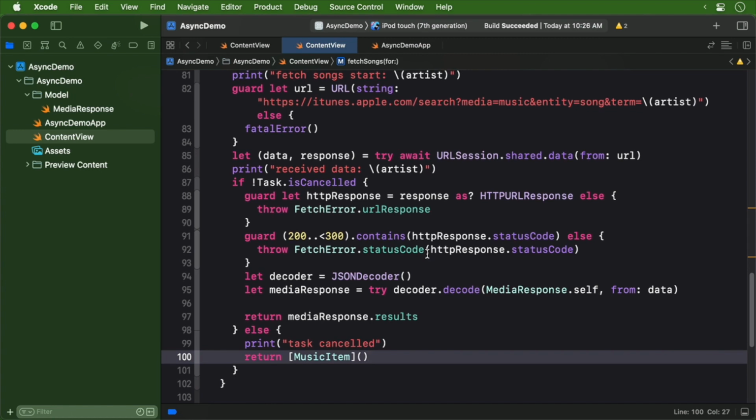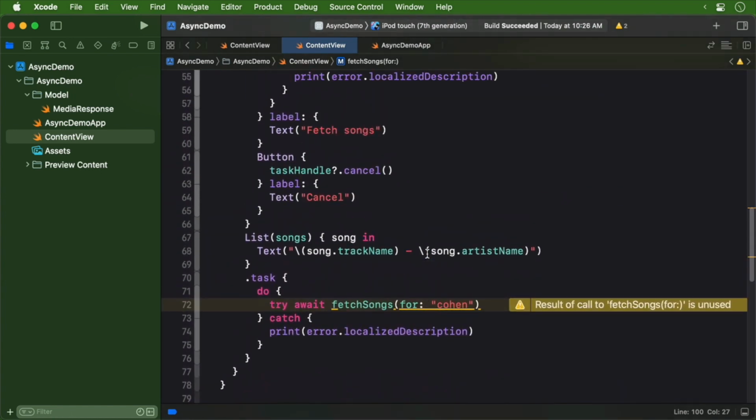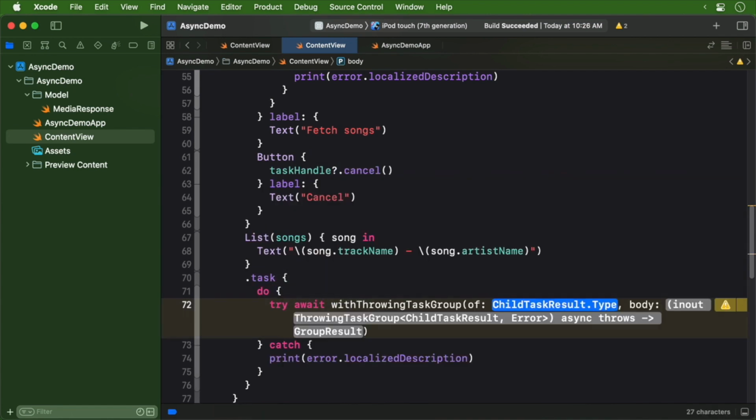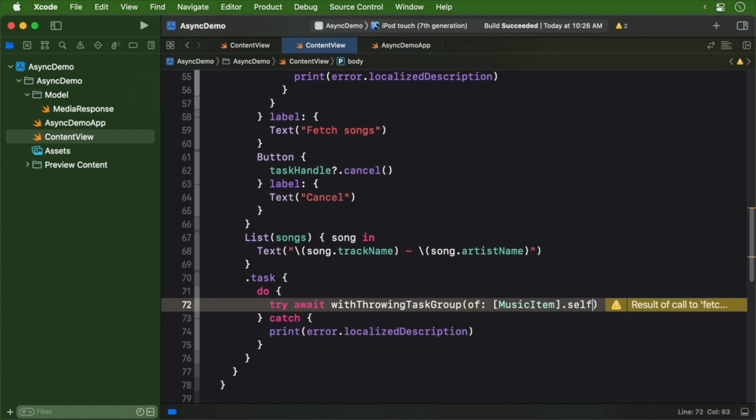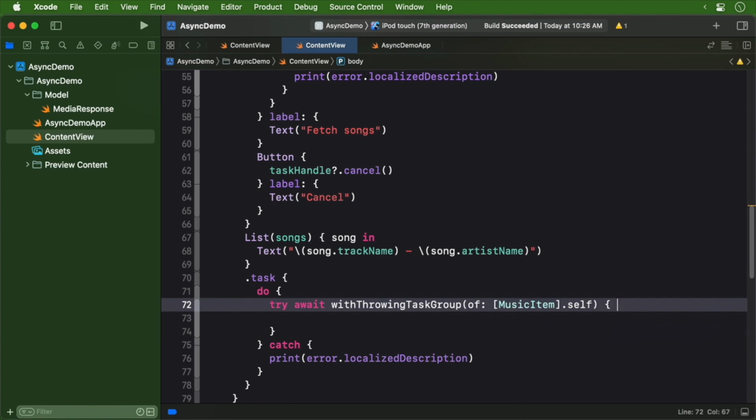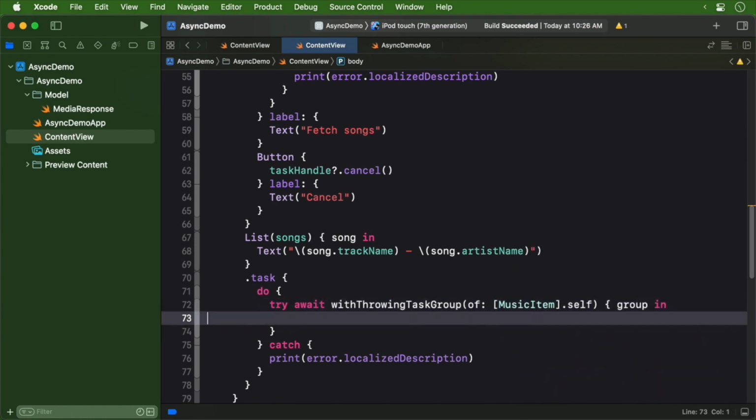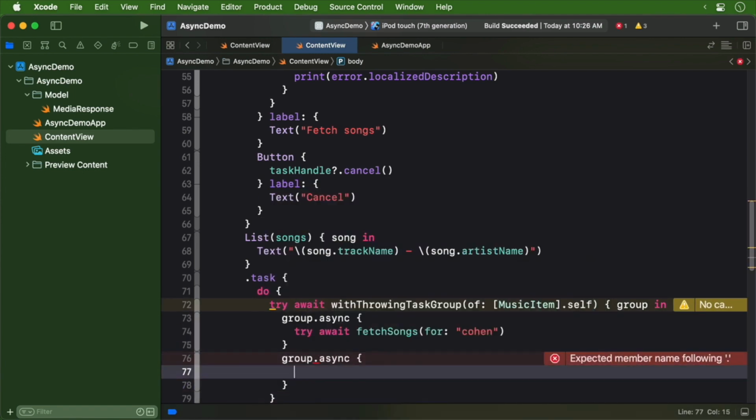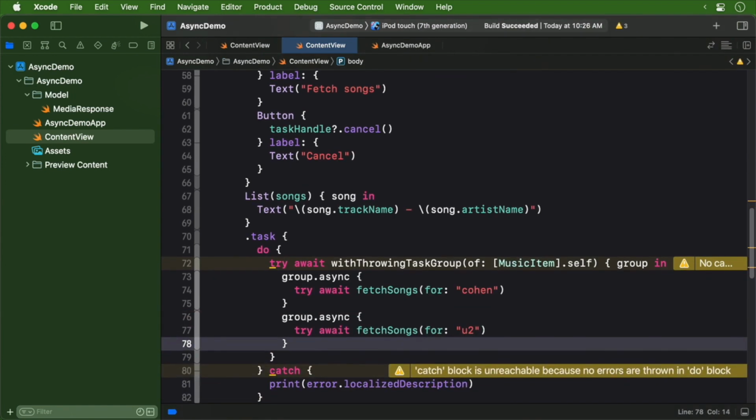Now I return to my task modifier. I'm going to create a task group that allows a group of tasks to create a result. I can create either a throwing task group or a regular task group. Since my group can throw an error, I'll create a throwing group. I also designate the return type as an array of music items. This passes in a task group. Next, I call my fetch songs in each async block, and it works just like before. When these tasks have